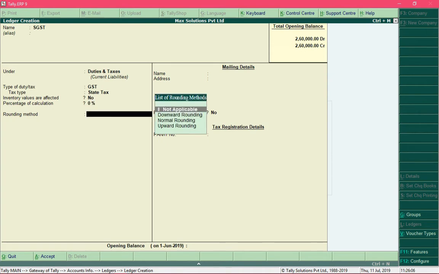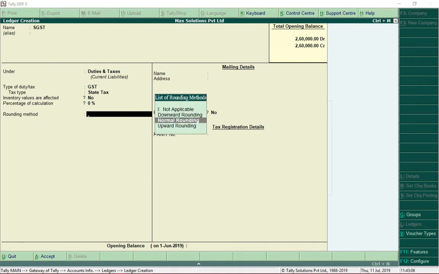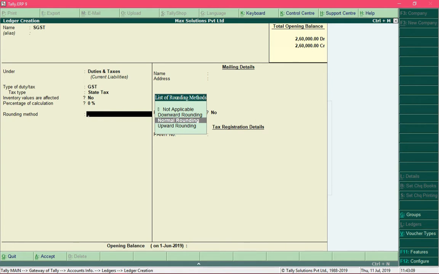And in the field Rounding Method, you can select one of these rounding methods. When GST is calculated on the taxable amount, the resulting GST amount would be in decimals. So in order to have the GST amount as whole numbers, you can select one of the rounding methods.